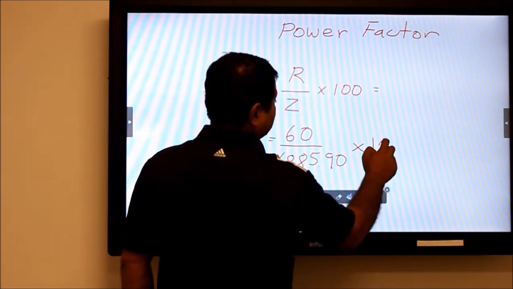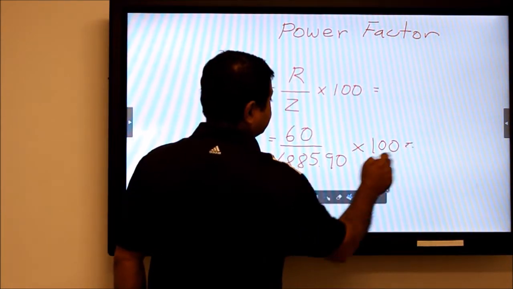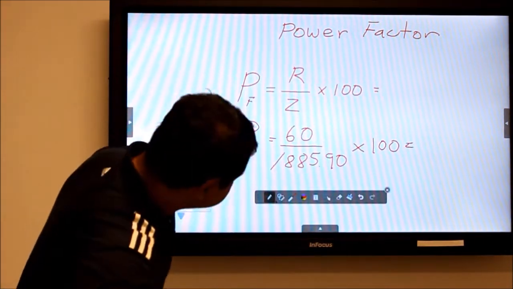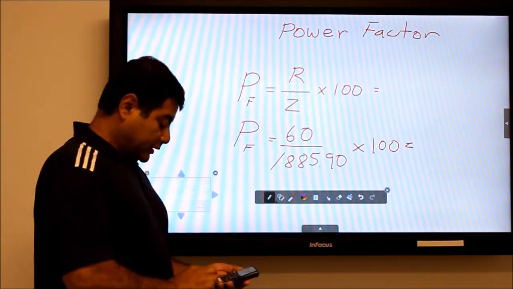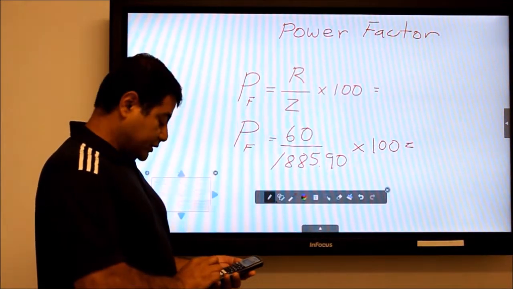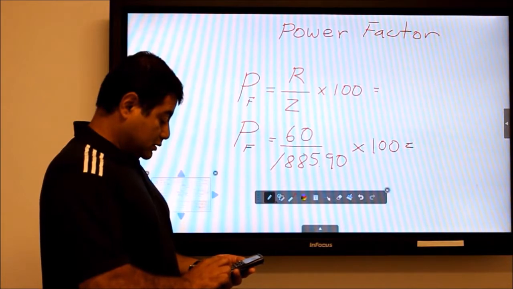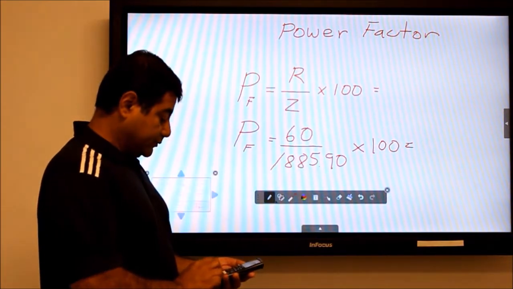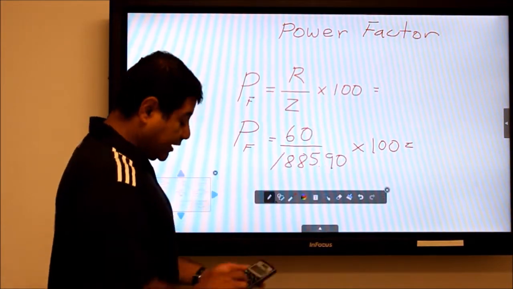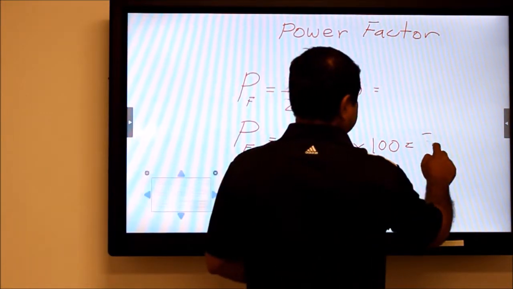And all of that multiplied by 100. So let's see what we get. 60 divided by 1885.90 times 100. So if you got the number that I got, which is